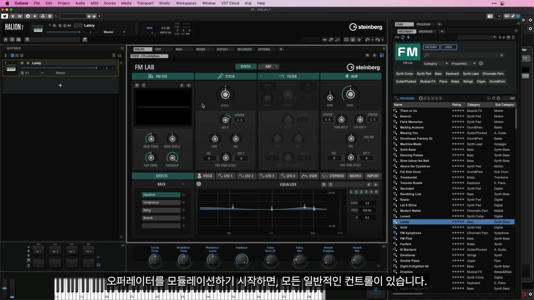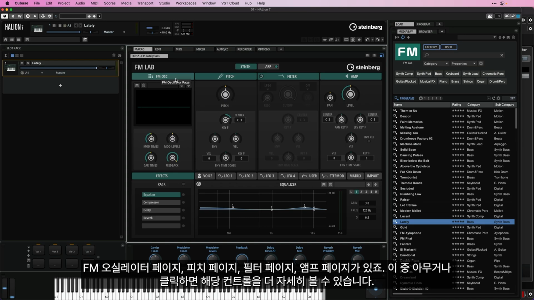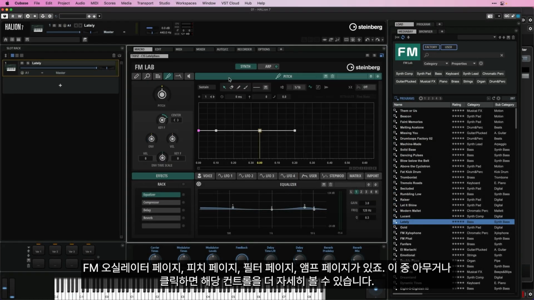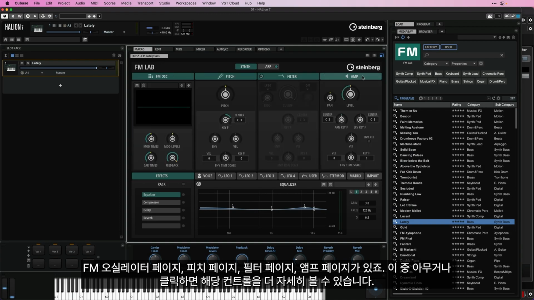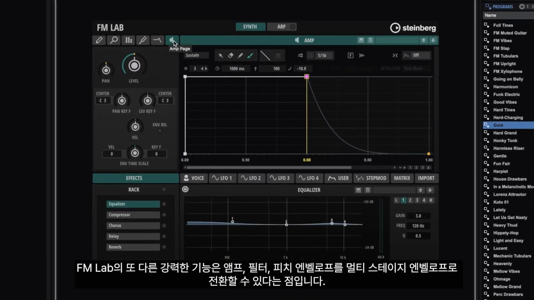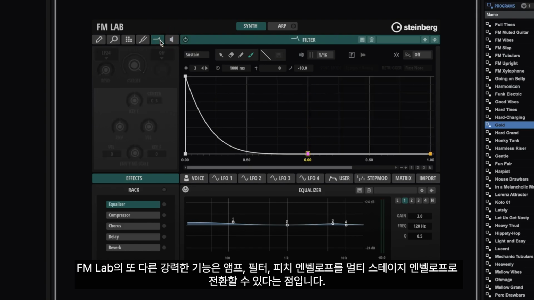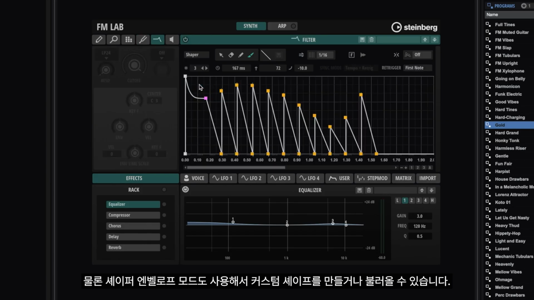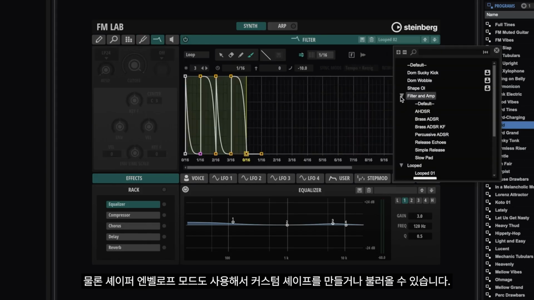And here we have pretty much all the common controls. So we have our FM oscillator page, our pitch page, our filter page, and our amp page. And if I click on any one of those, I can get into more detail into these controls. And another very powerful thing with FM Lab is that the amp, filter, and pitch envelopes can be turned into multi-stage envelopes. And of course, we can use the shaper envelope mode as well to create or load our own